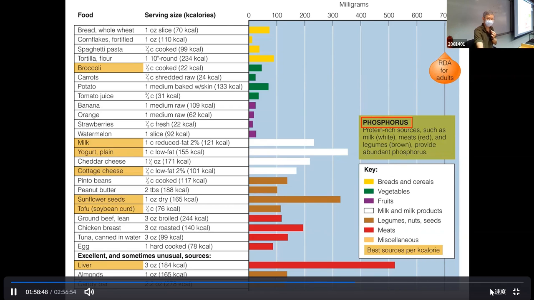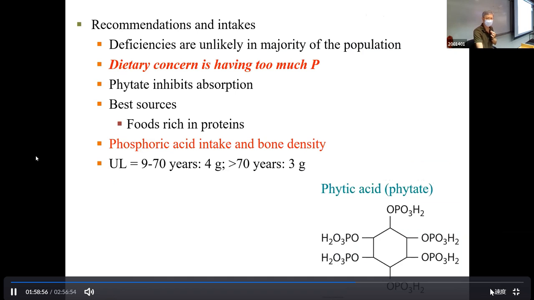But most of the phosphorus comes in processed food. So a soft drink, for example, contains about 25 to 40 milligrams. So the concern is that we take in too much phosphate, which primarily will be from processed food, and also the phytic acid, the phytate, which is present in certain food and will interfere with